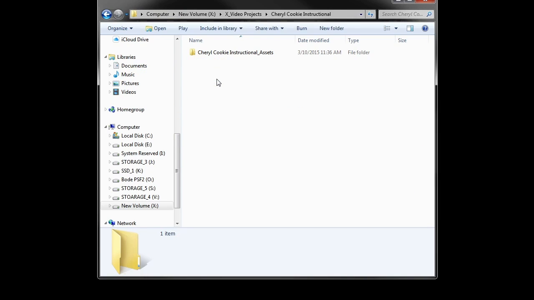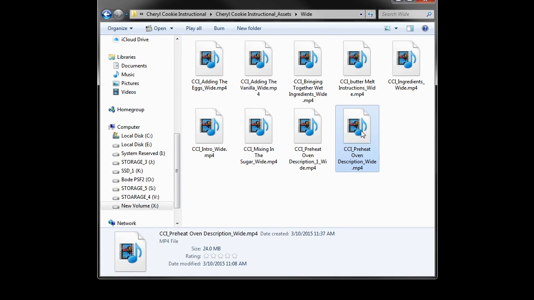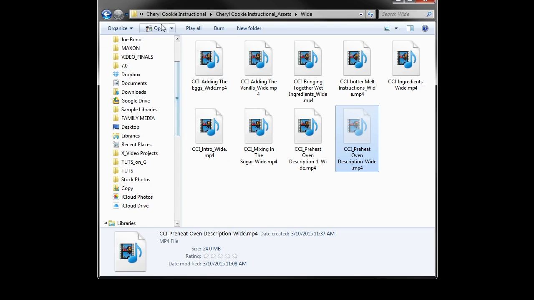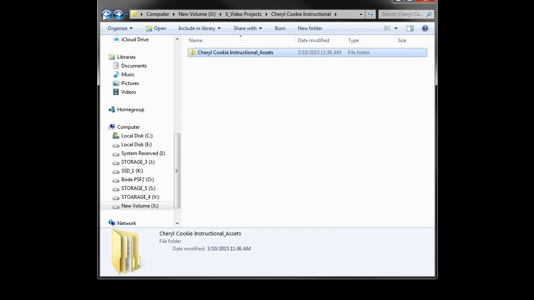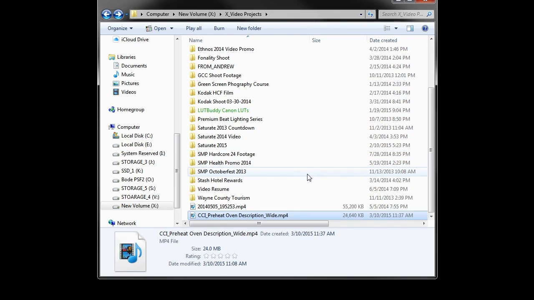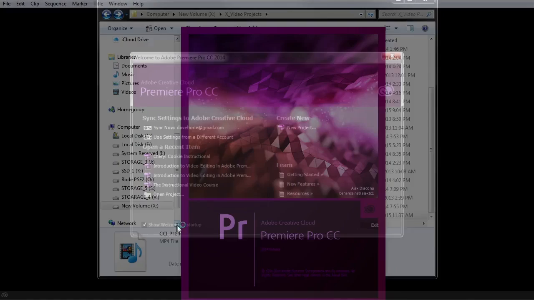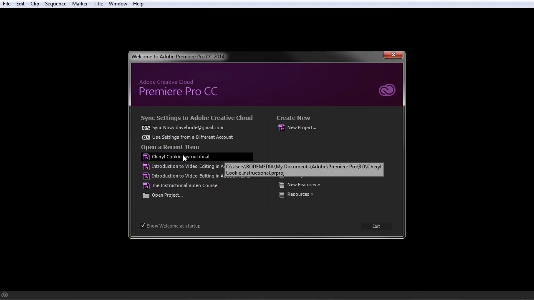I'm going to go into the Cheryl Cookie Instructional Assets, and I'll just take one of those files and I will cut, and then I'll paste it somewhere else. So I'm going to go back and I'll just paste it in here. So this is just going to represent what happens if you move some of your files. If I open Premiere back up and I open that last project,